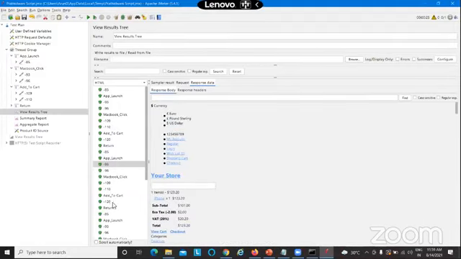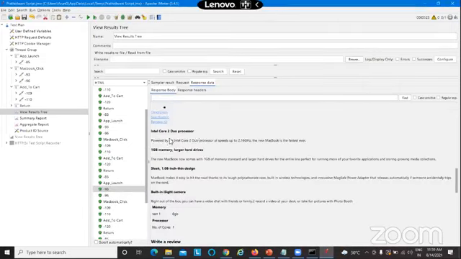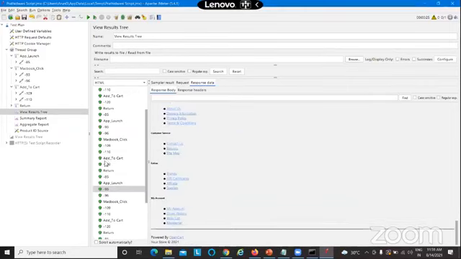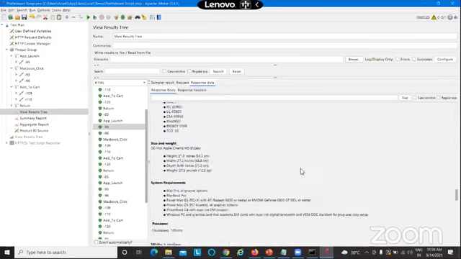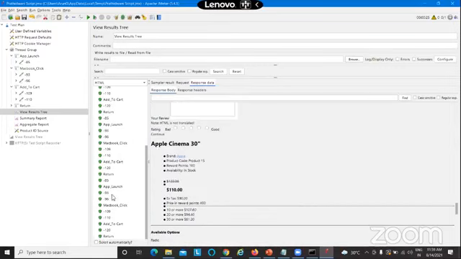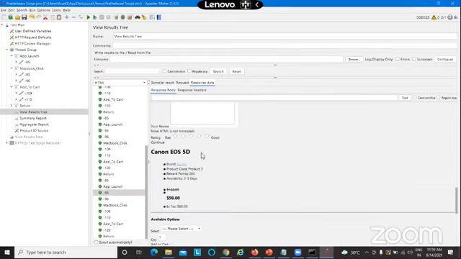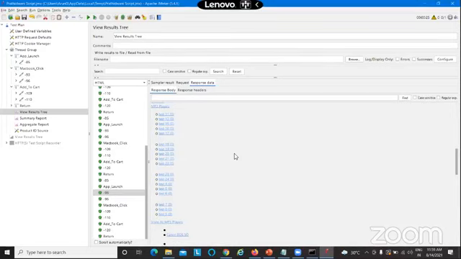Yeah. And the next time it is coming up with Intel Core Duo processor. This is a MacBook. And here it should be, yeah, Apple Cinema. The last one is another product, it should be Canon. Yeah, Canon EOS 5D. That is how we convert a hard-coded value into a variable.